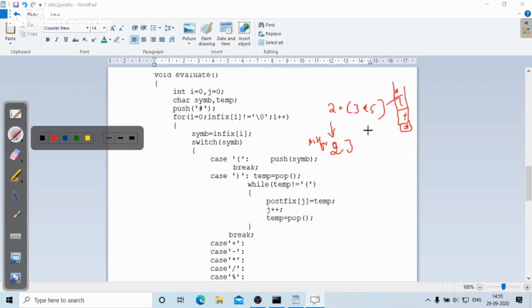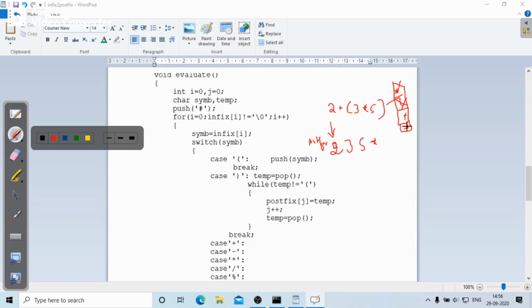Next comes 5. Five you are going to write as it is. Next we have a closing parenthesis. Whenever you get a closing parenthesis, you pop all the operators until the opening parenthesis. So star is popped, and then the opening parenthesis is also popped. Then the infix expression is over because we have reached the null.